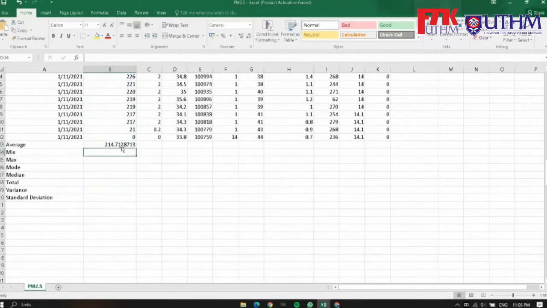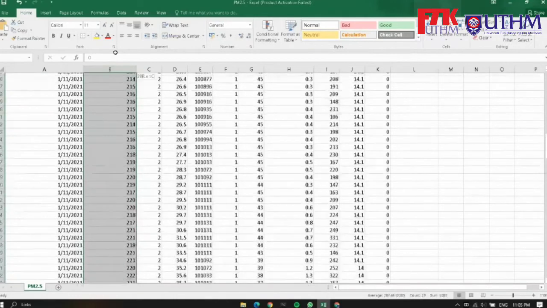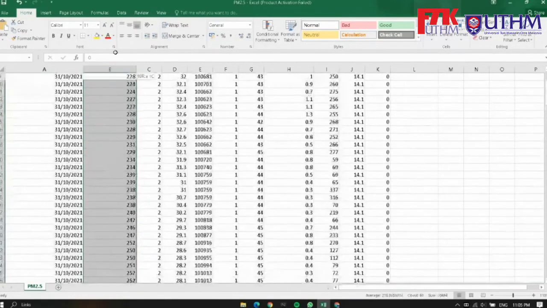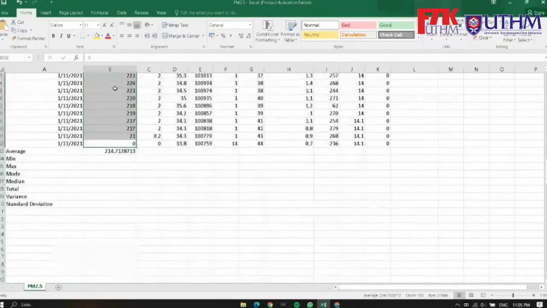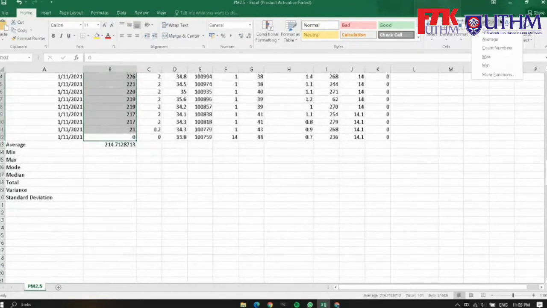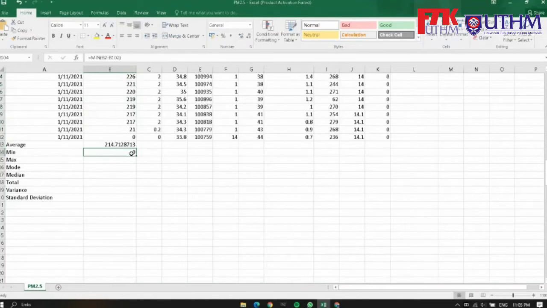Next, for minimum. A second way to do this is to select the values. Once you have selected, click this button over here and click minimum. As you can see, the minimum is 0.